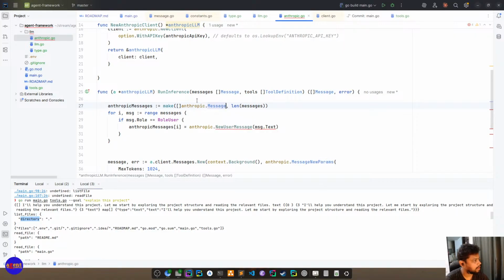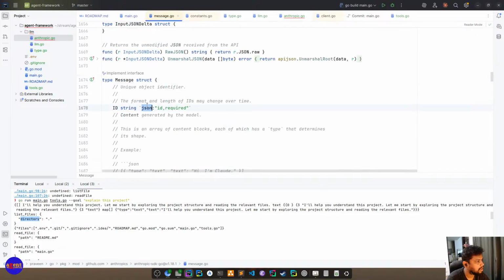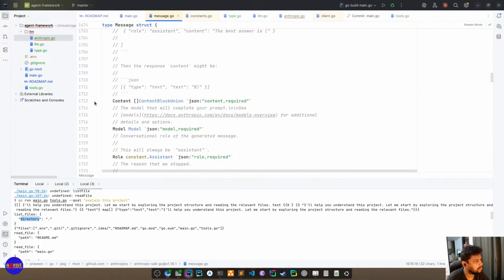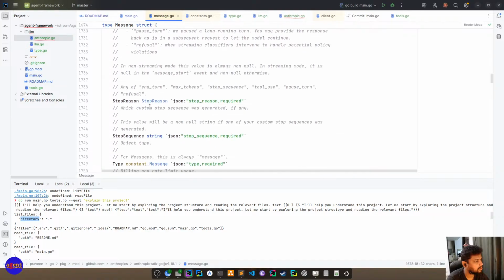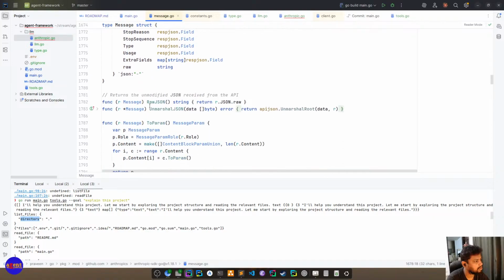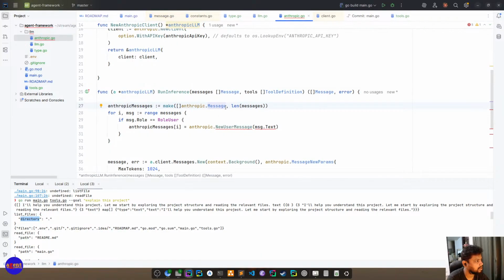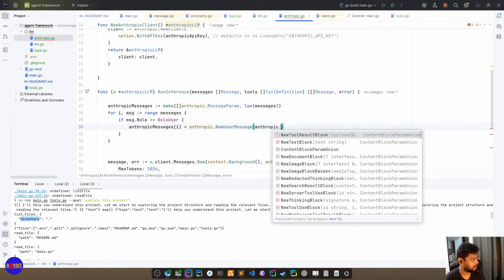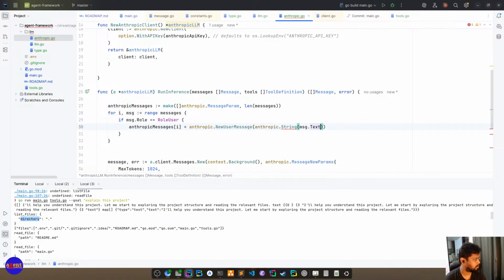So the Anthropic library. Okay, it's an instance of this. Different thing. Message parameters. Okay. So this one should be Anthropic string. No? Yeah.